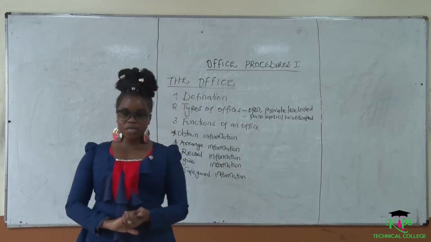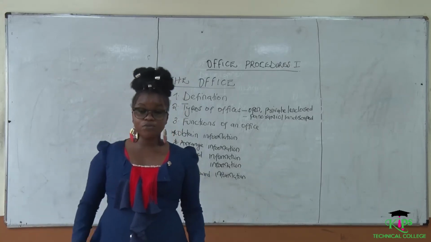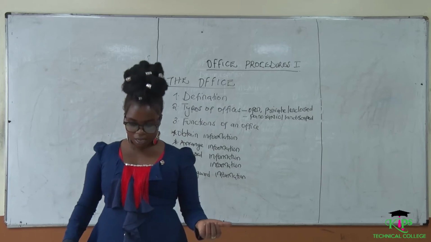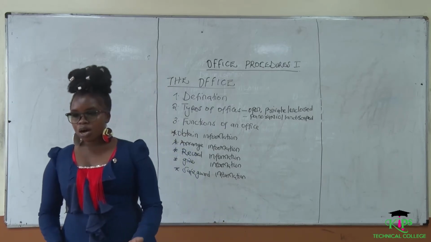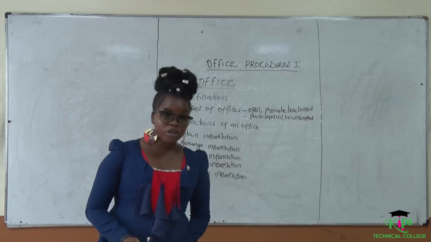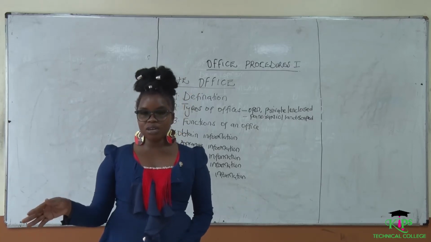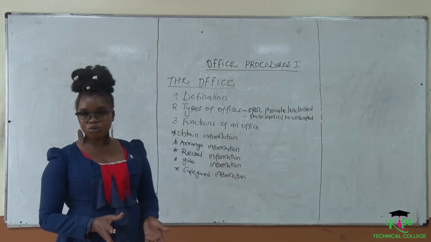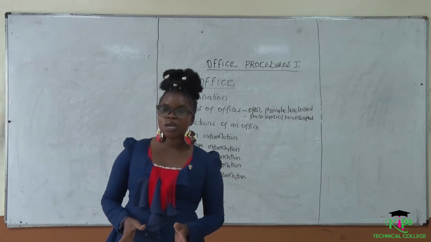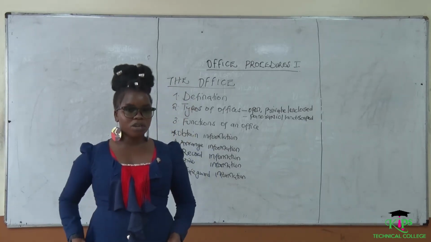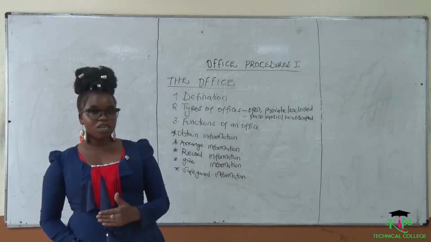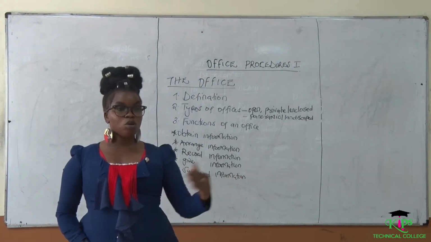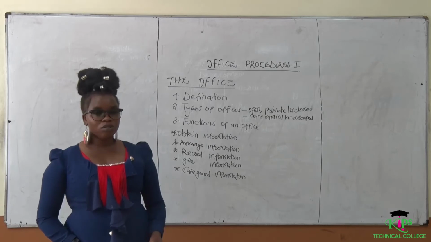So an office can obtain information in written form. Written forms are things like letters, memorandums, CVs, and the others. They can also receive the information through word of mouth. For example, if you visit an organization physically, you are going to inquire about something which you needed, or something which you saw an advert about but are not yet sure of, because you needed to know more about that organization. So what you are going to obtain there is through word of mouth, because you are going to negotiate one-on-one with the person who is going to help you.